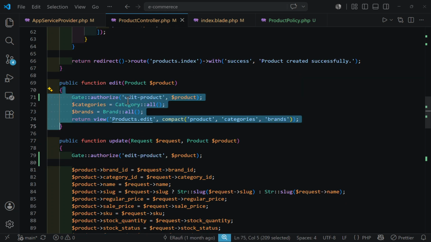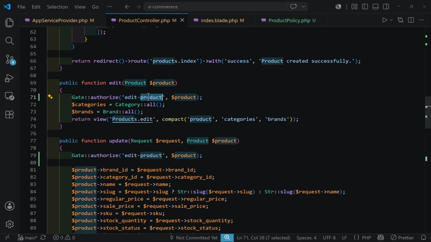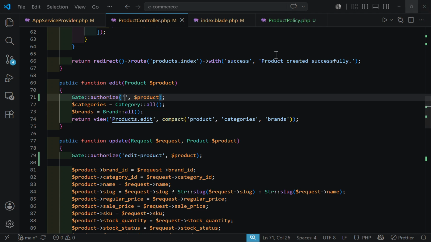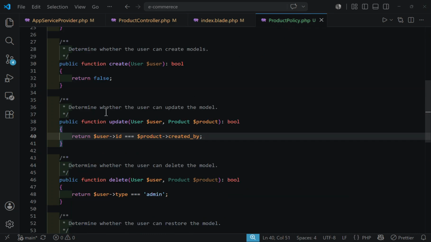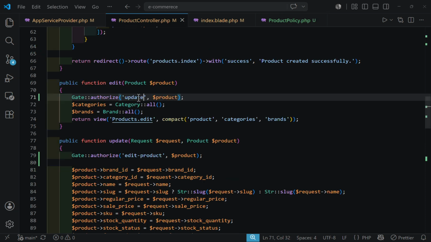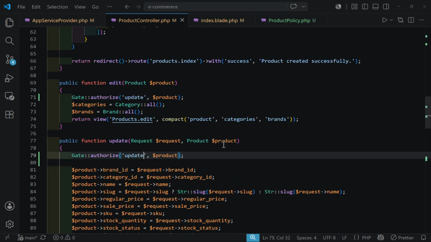So instead of edit product we will just type in the first parameter our method name. So for the edit our method name was update. So let's copy this and paste it here. Delete this one also, update,